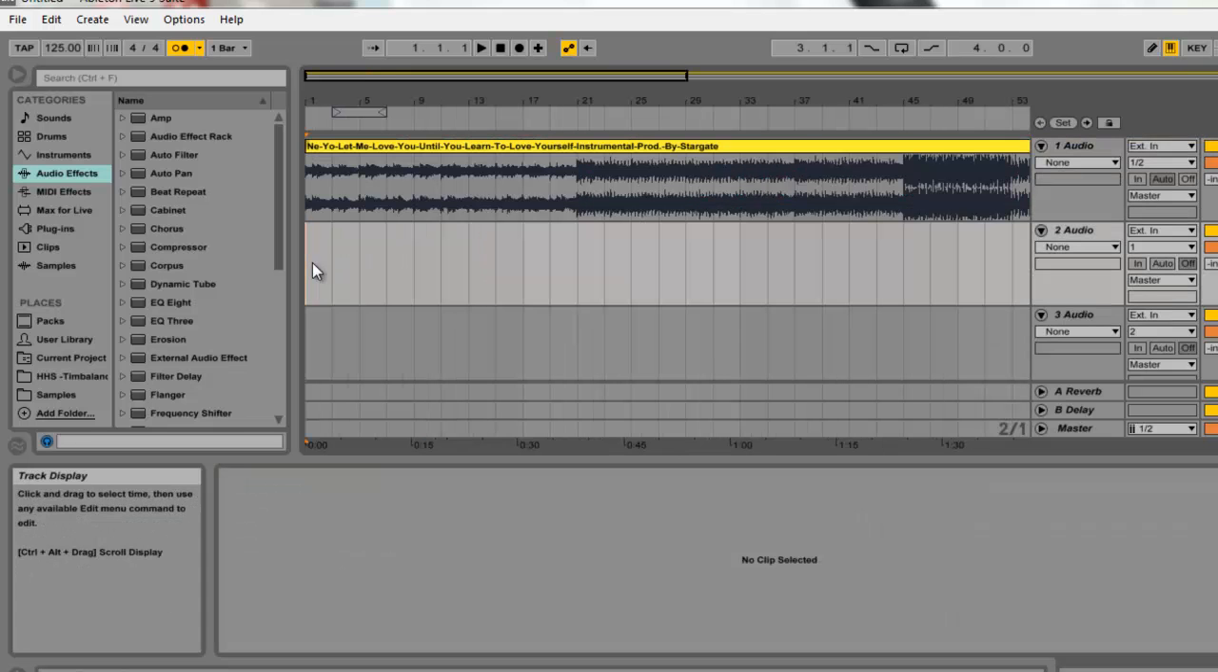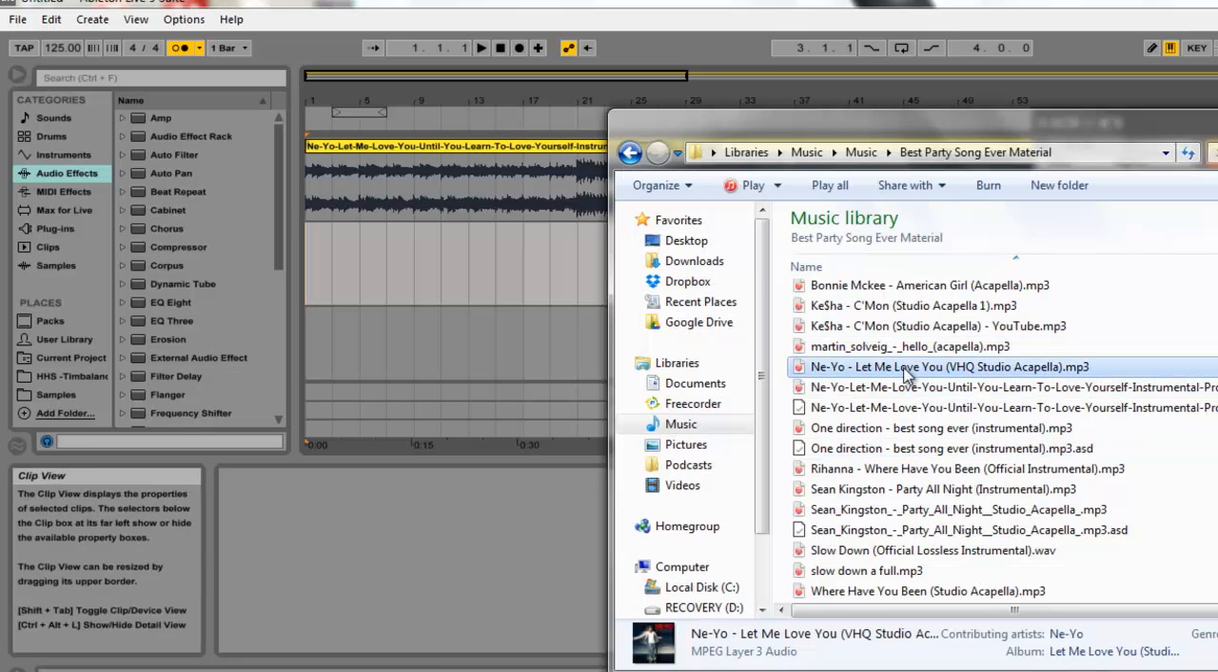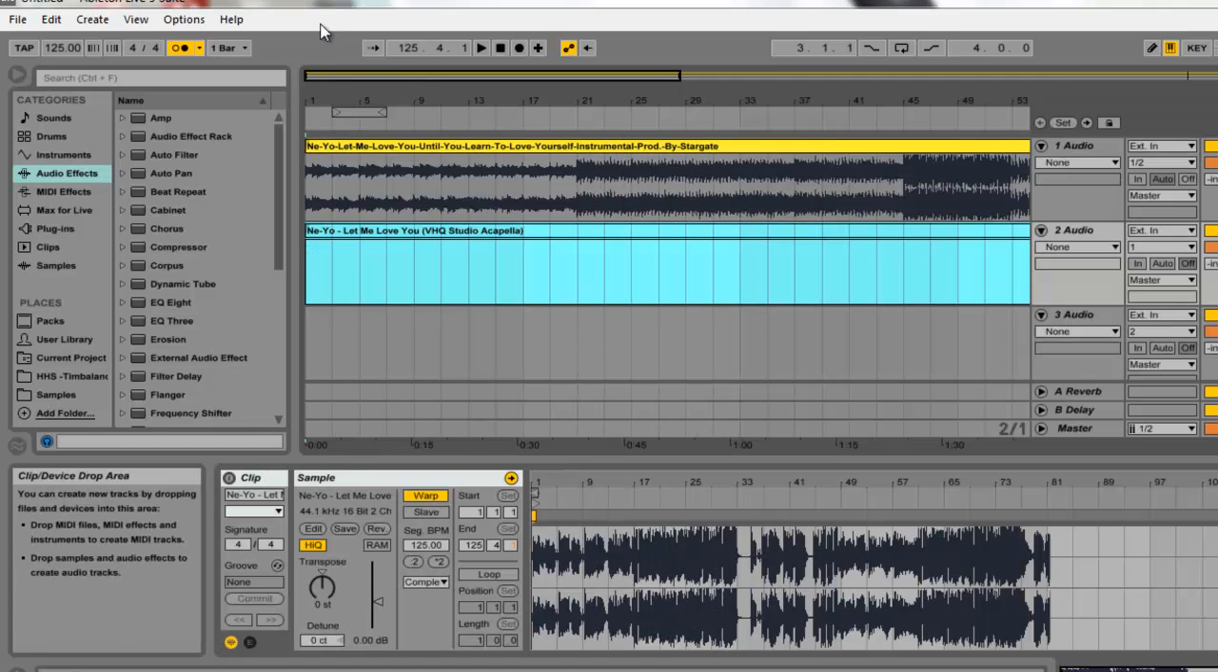Okay, so the next thing that we need to do is get the acapella of Neo's Let Me Love You Until You Learn to Love Yourself in sync as well with the project. Now this can be a little bit tricky because with the instrumental, we were able to get that in sync because we had a bass drop. But with acapellas, it's kind of hard to do that because obviously there isn't a bass drop because it's